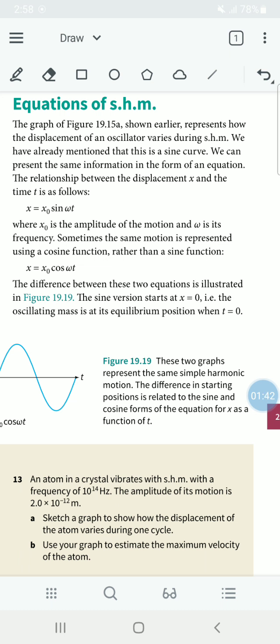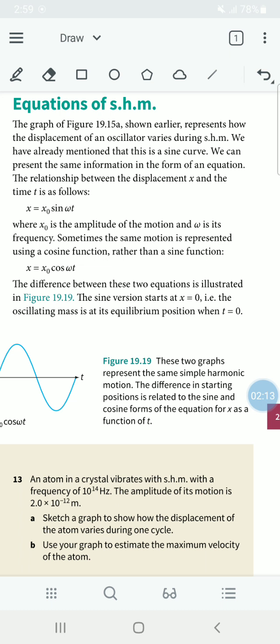Just try to memorize this equation, because you will have to use it. x equals x o sine omega t. xo is the amplitude, omega is the frequency, t is time, sine is the sine value, and x stands for the displacement,